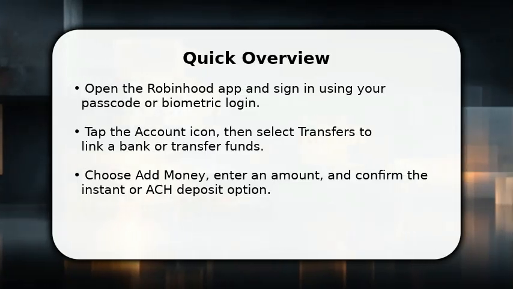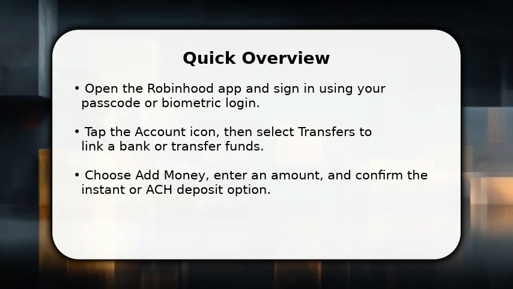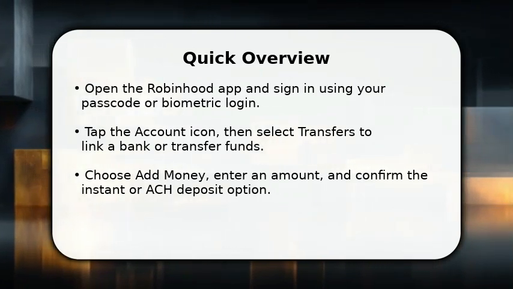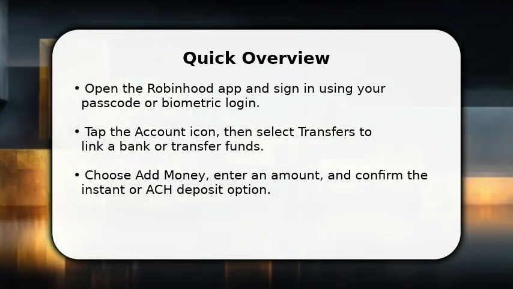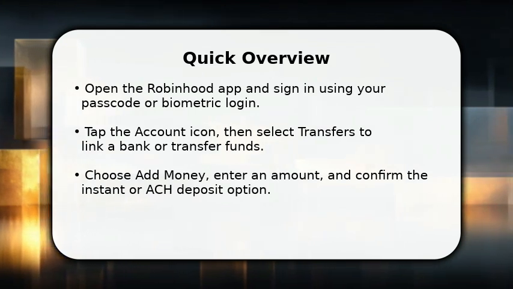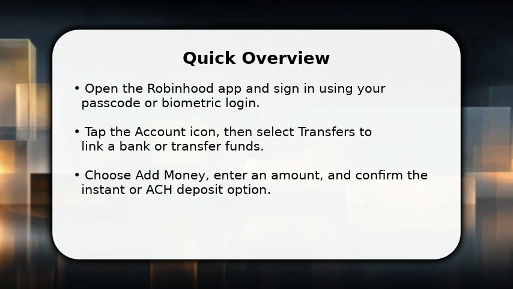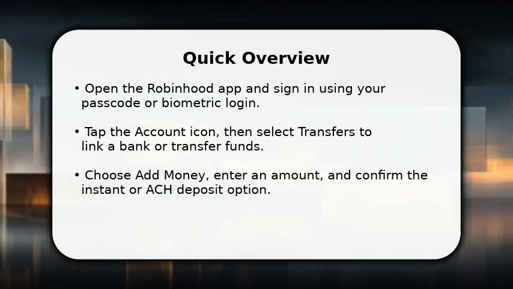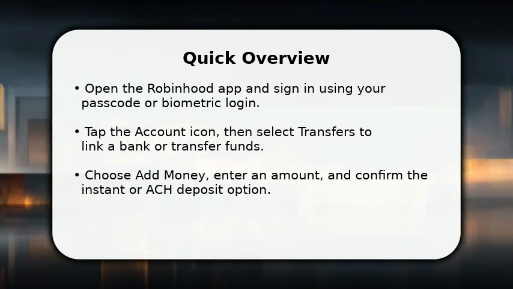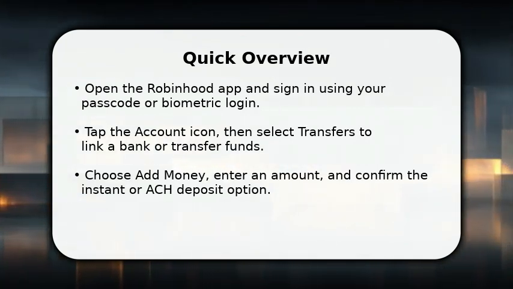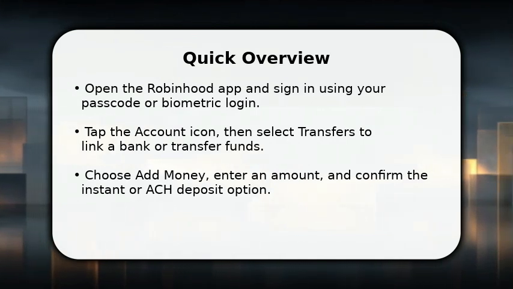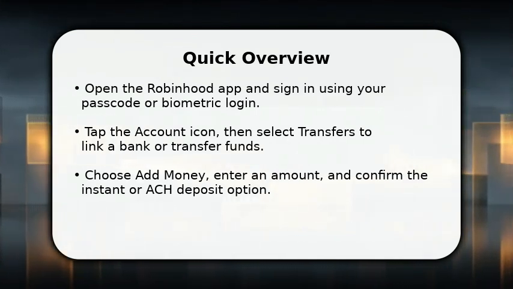In this video, I will show how to add funds to a Robinhood account, easy method. Open the Robinhood app, tap account, then transfers to start linking your bank. I walk you through choosing add money, selecting instant or ACH, and entering the amount like $50 or $500. I also explain limits, verification steps, and how long each method typically takes so you can fund trades with confidence